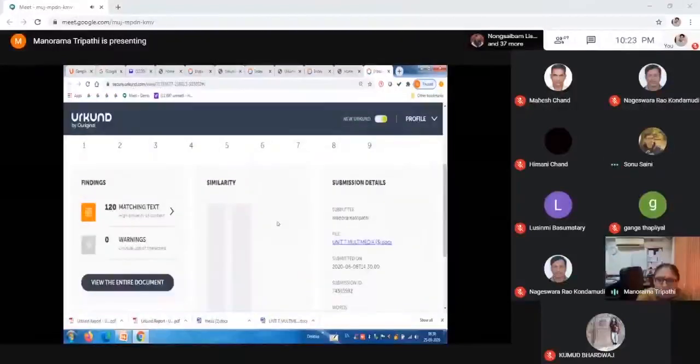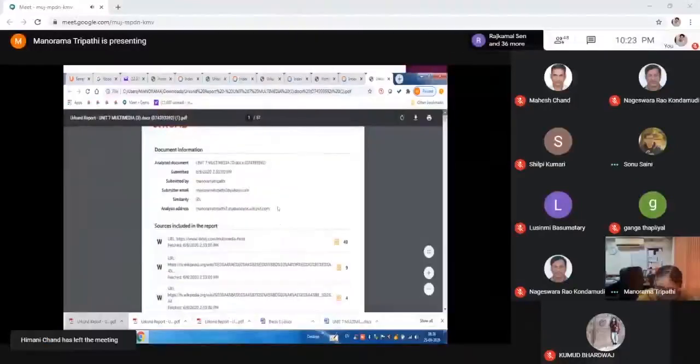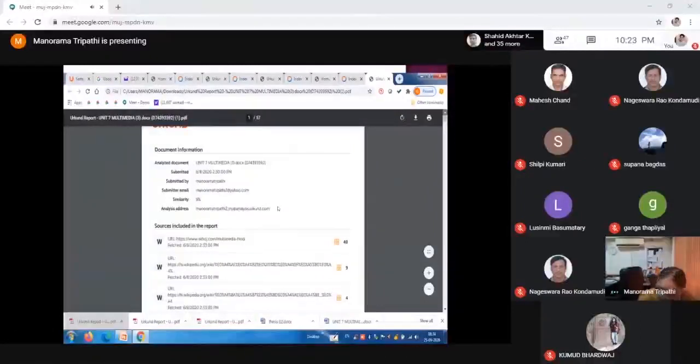Then it gives a similarity report like this. We are talking about the similarity report only. If you can recall, Turnitin also shows a report like this. It matches with different URLs and shows them on the right side.